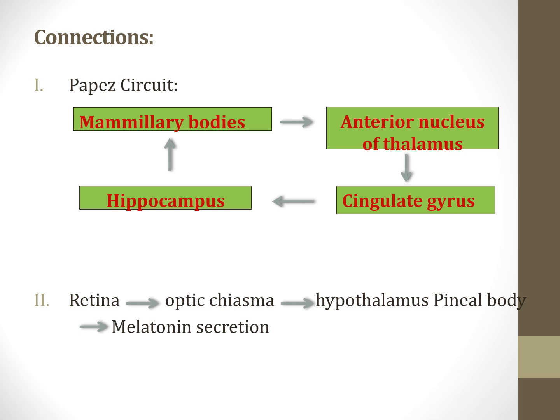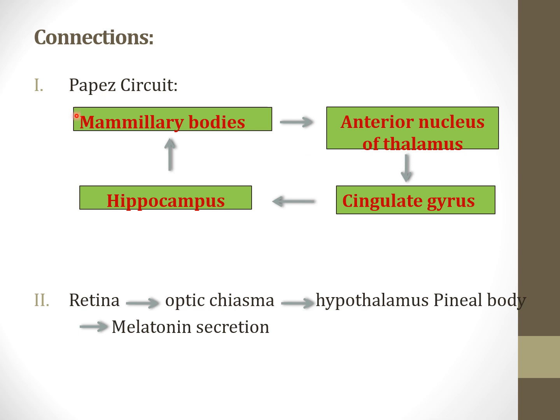Now we are moving on to the connections. We are going to discuss how the hypothalamus is connected to the adjacent structures of the central nervous system. I don't want to complicate things, so I've given just a few very important connections, and listed a few afferents and efferents of the hypothalamus which are important to understand its functions. If you want to read the connections in detail, you can go for a good neuroanatomy book.